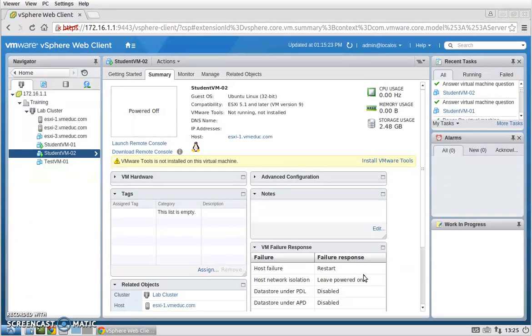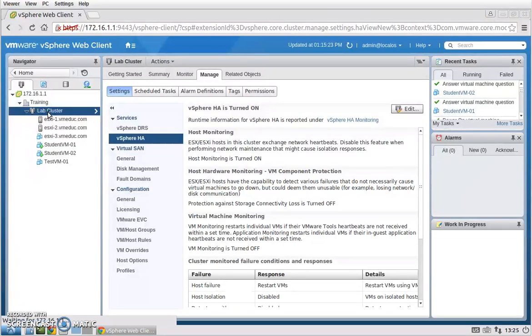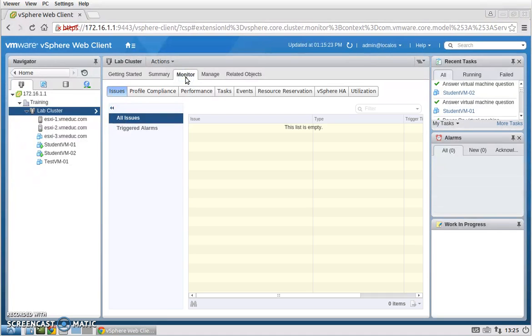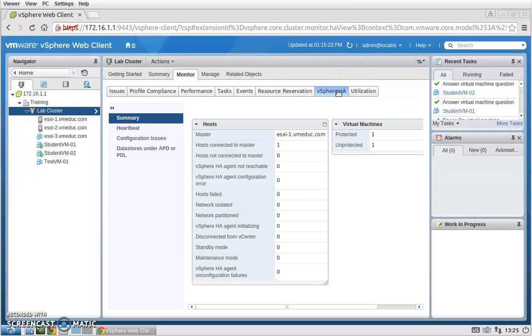If we go to the lab cluster in the inventory and select that, and then under Monitor, and then select vSphere High Availability, we get a summary here, and it shows us how many hosts, shows us our master, excuse me,